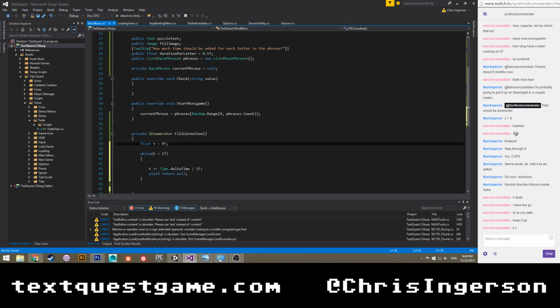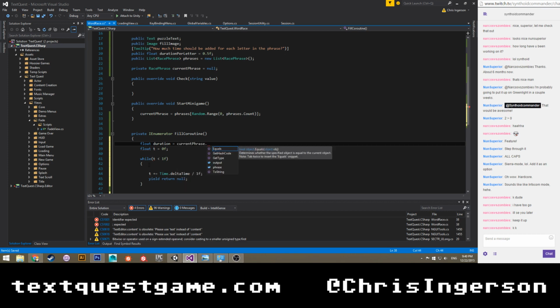We'll change that later. Float duration is going to be equal to current phrase dot length times duration. Hold on. Dot to float.